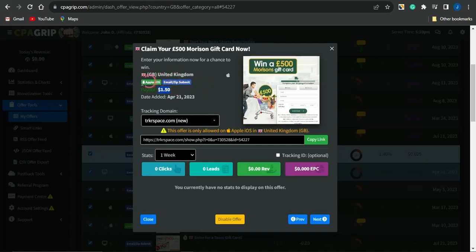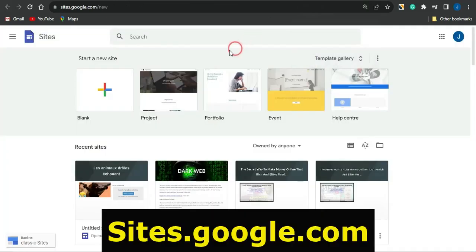You can see right now there is also an Apple iOS offer and an email and zip submit offer. Here is your unique affiliate link, which you can simply copy and go on to promote this offer. And guys, if you copy that, the next step is to make sure you create a landing page, and that is quite important. You can then utilize this platform right here, which is called